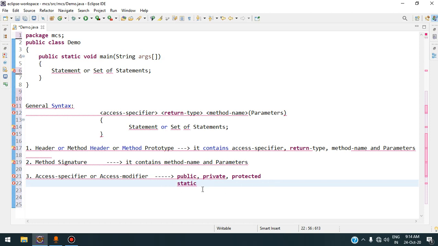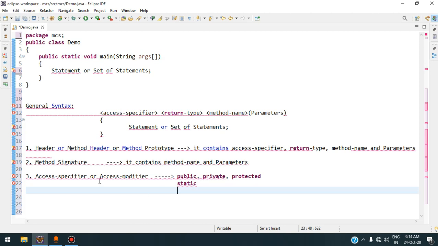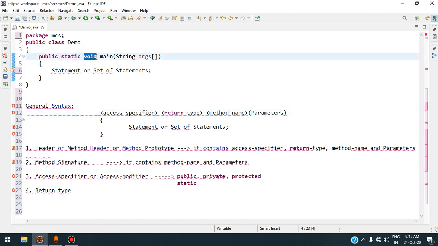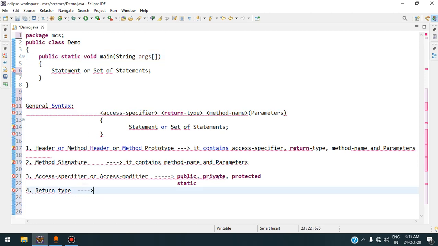Next is return type. This is the return type if we look at the syntax. In this example, the main method has return type void. Now there is a key point that a function or a method,